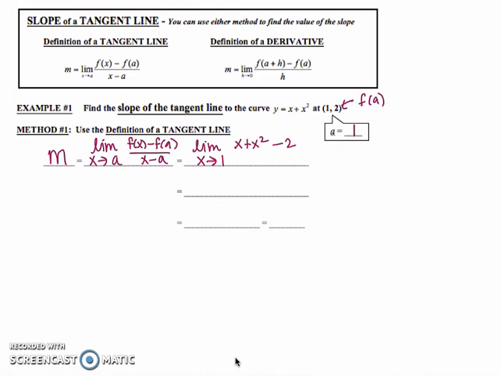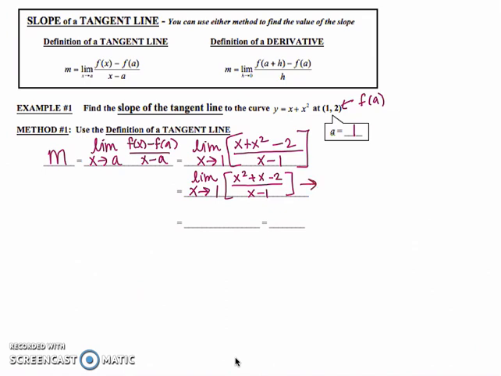So minus 2 over x minus a. So x minus 1. Well, now hopefully you recognize that the numerator there is a trinomial that can be written in descending order and then factored and simplified. So I've got the limit as x approaches 1 of x squared plus x minus 2 over x minus 1,